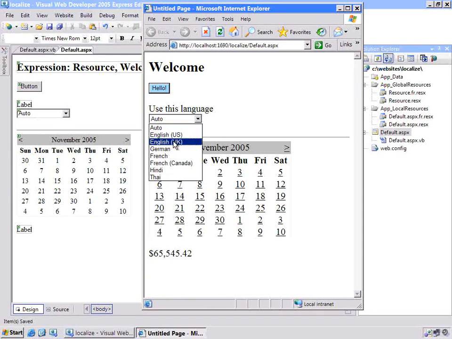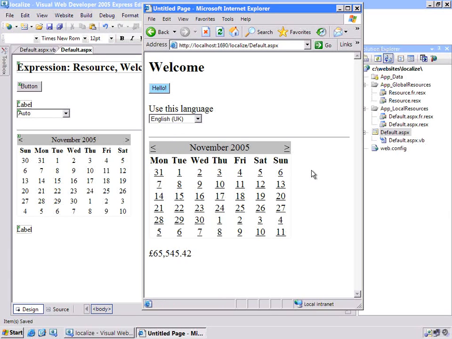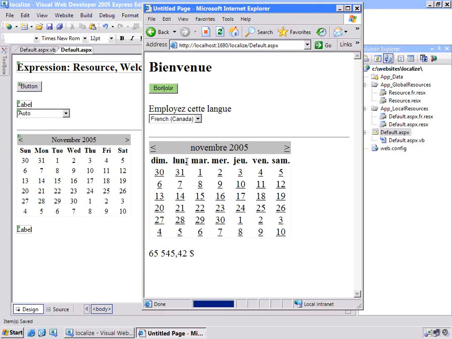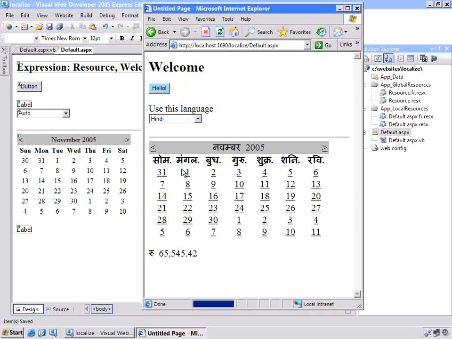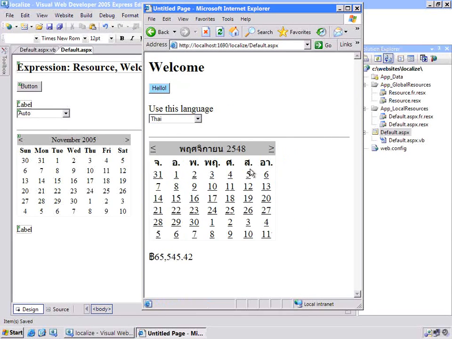If I change it to English UK, there's a subtle difference. In the UK, the first day of the week starts on a Monday. In the US, it's a Sunday, and of course they're using pounds, but we have the same decimal and thousand separator. If we go to French Canada, same idea here, but the calendar is slightly different from French and French Canadian. And finally, if we do things like Hindi or Thai, we see a more complex calculation. Again, all that is handled for us with very little code, and you can see that we can get local resources and global resources, and with a little bit of programming, we can even allow the